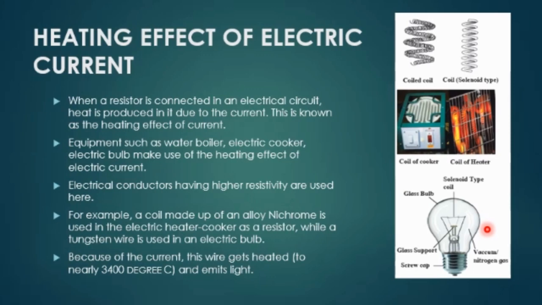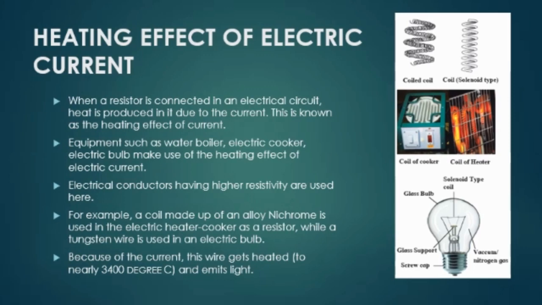I hope you all have understood it. Okay. Once again, I'll try to revise the concept that we have studied here. Because of what? Because of the resistor. Because of the opposition to the flow of electrons. Whenever the electrons collide with each other, they produce a certain amount of heat, and that heat results in the heating effect. Are you getting it?